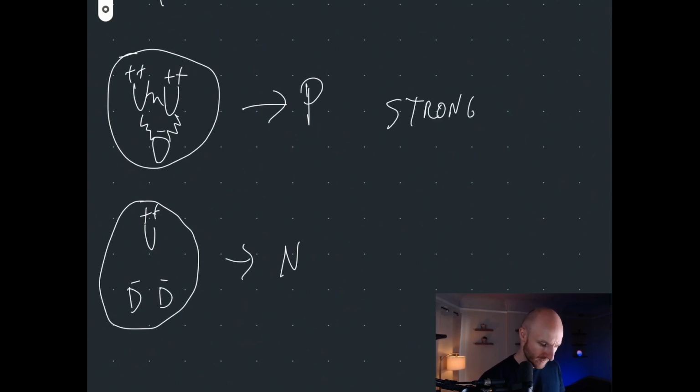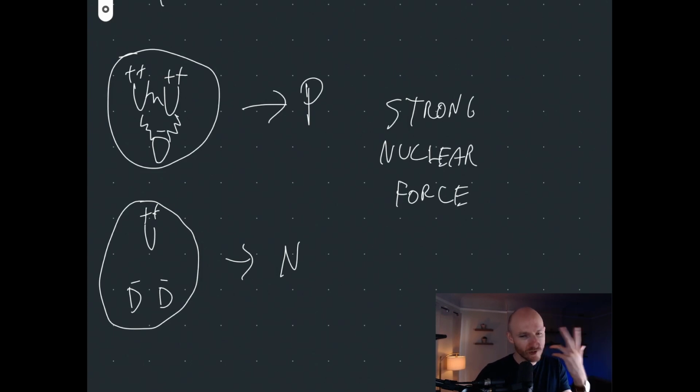Strong nuclear force. And there are four forces. We know gravity, we know electromagnetism, and there's the strong nuclear force and the weak nuclear force. Those are the only four forces, which is kind of nice and easy. And to understand the strong nuclear force, this is what it does: it is essentially Velcro. I love thinking of it as Velcro, and it Velcros the quarks in a proton together. So that's roughly how this works.